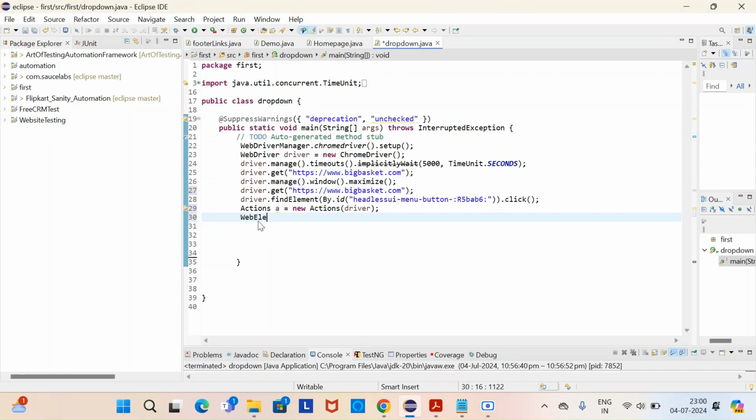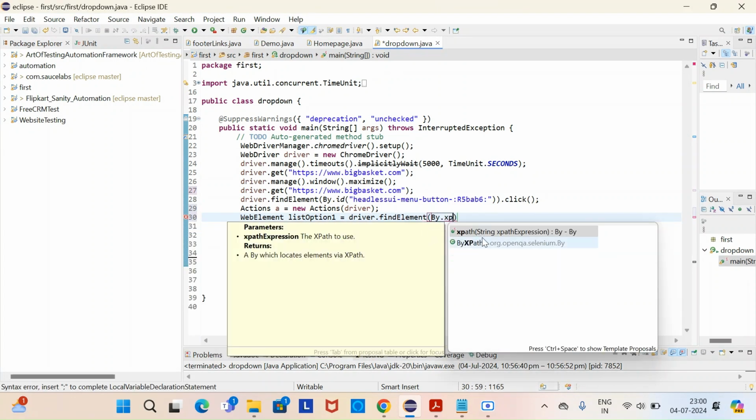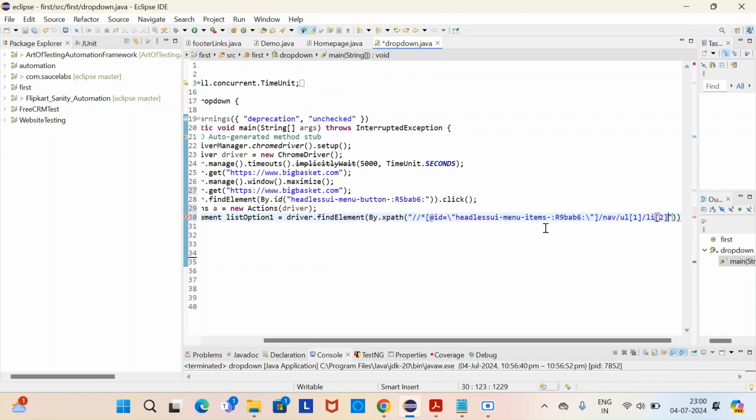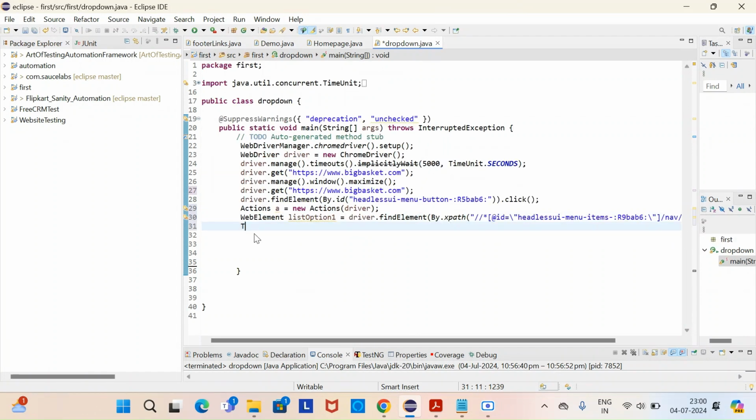We'll store it in a web element list option 1 is equal to driver dot find element by dot xpath. Paste this. Then we'll ask the driver to sleep for some time, because we may face some wait interception errors.